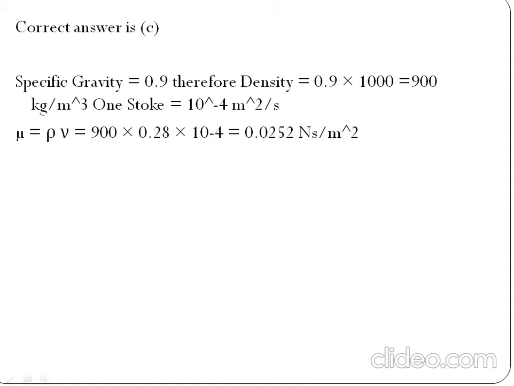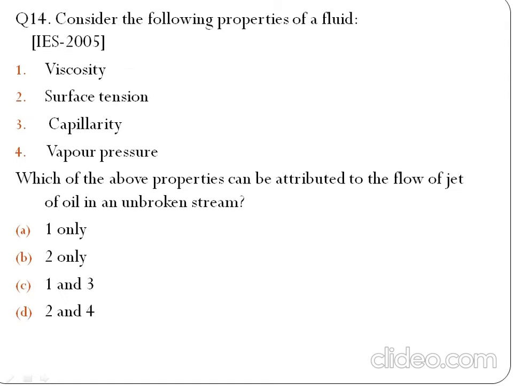Question 14. Consider the following properties of fluid: first viscosity, second surface tension, third capillarity, fourth vapor pressure. Which of the above properties can be attributed to the flow of a jet of oil in an unbroken stream? Option A 1 only, option B 2 only, option C 1 and 3, option D 2 and 4. So the correct option is B, because surface tension forces are important in certain classes of practical problems, such as first,